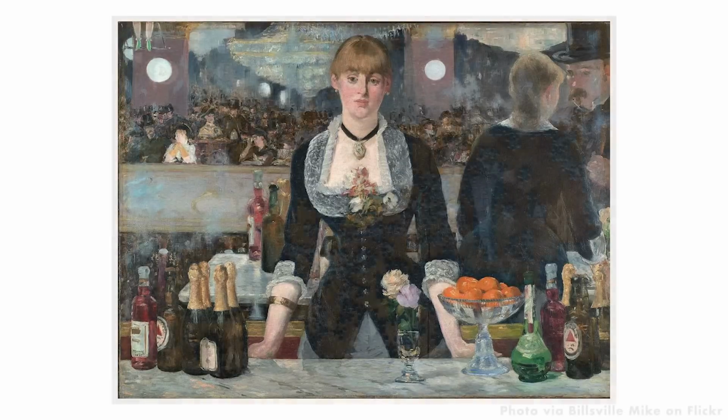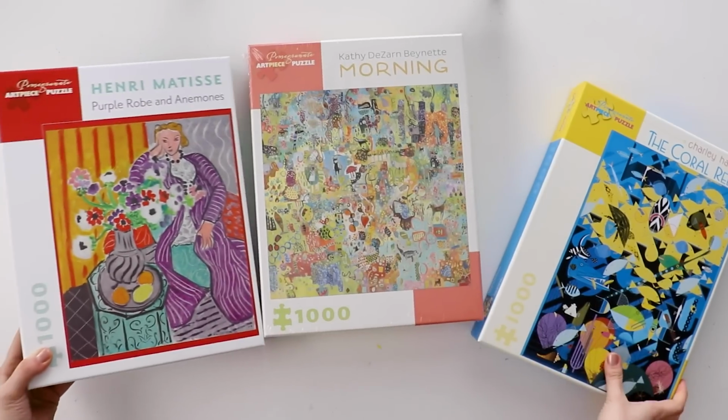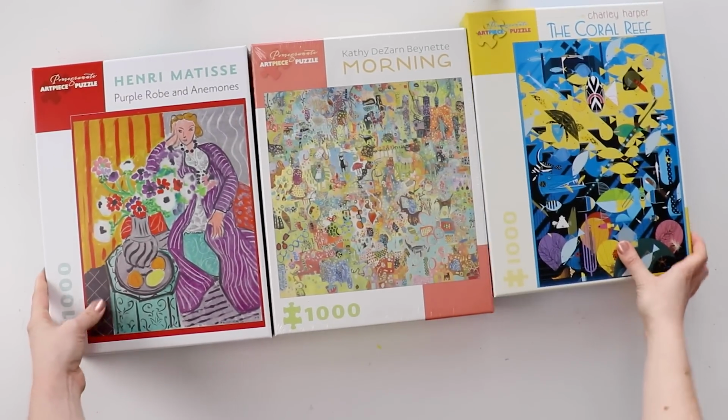And Sarah was saying that even though she studied art history, and was very, very familiar with this very famous painting, doing it as a jigsaw puzzle made her see new elements of it and see new shapes and details come out that she had never noticed before. And I 100% found that to be exactly the case when I worked on these art puzzles by the brand